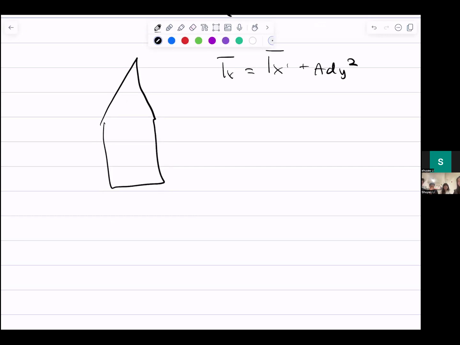Say we're given this, right? What can we split it into? A triangle and a square. Yes. And we're given formulas on our formula sheet for the moment of inertias for these complicated shapes. So for a square or a rectangle, it would just be this. And for a triangle, it would be